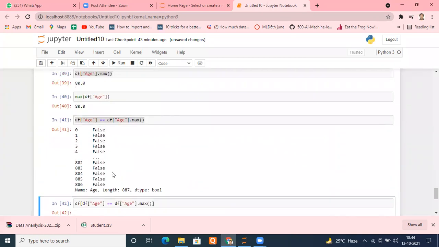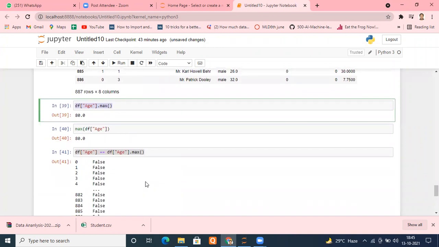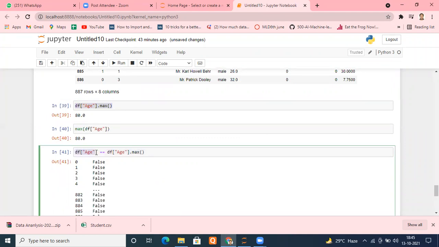So what I did, I broke everything into steps. First of all, I understood what the problem was. I need the most aged person. Age is the criteria. Let me go to the age column and find out the max value. Second, let me create a filtering criteria. I compare every value of my age column with this max value.